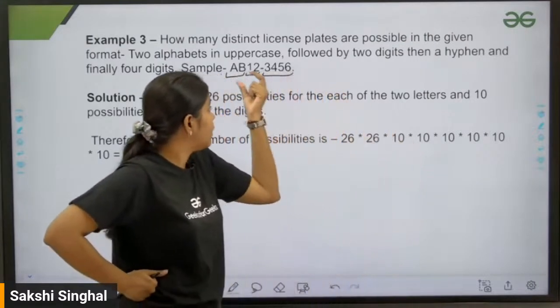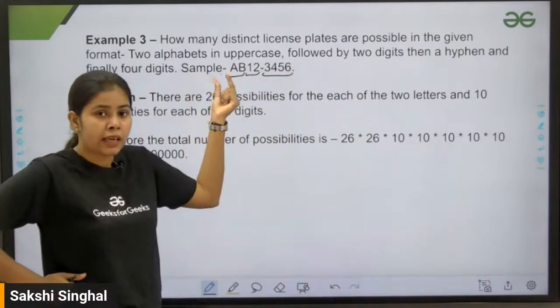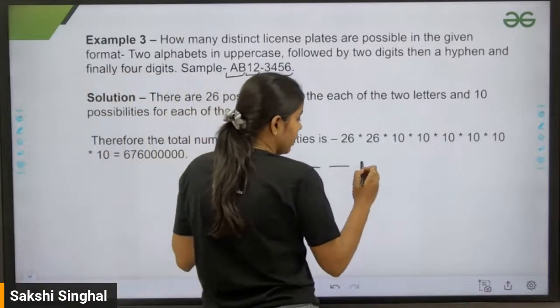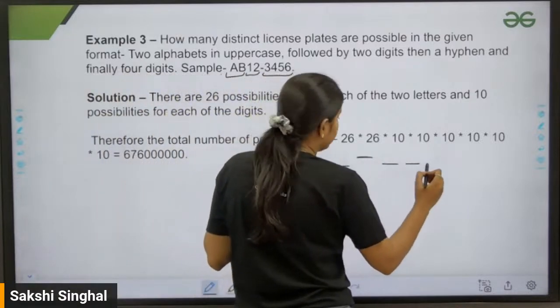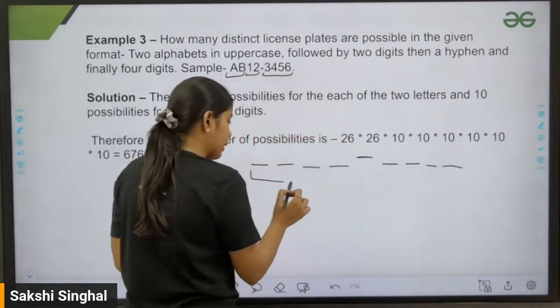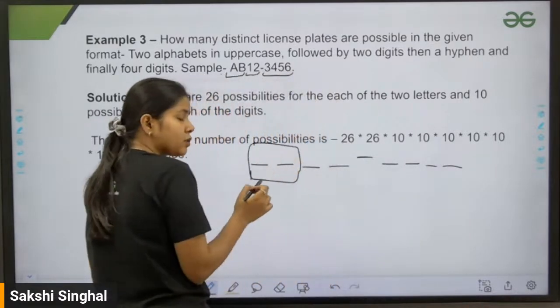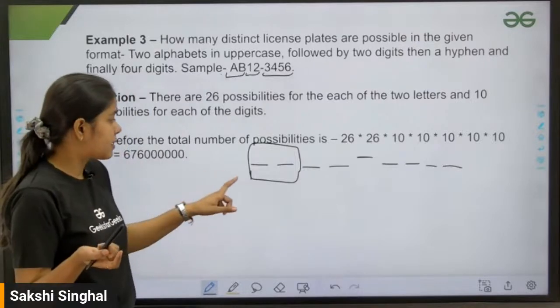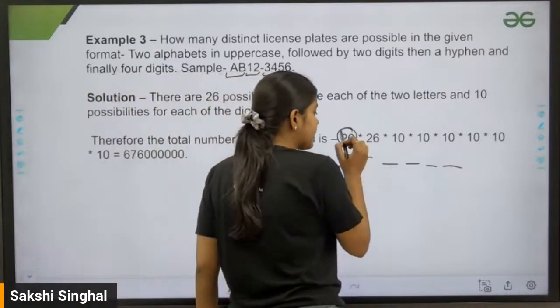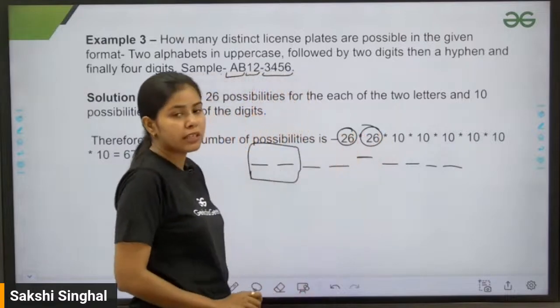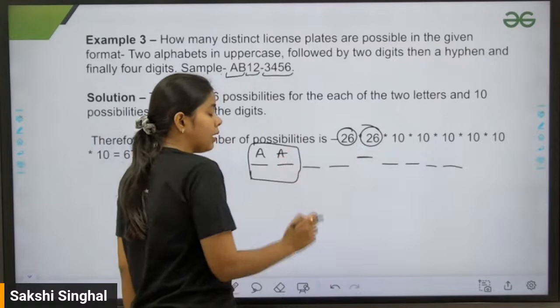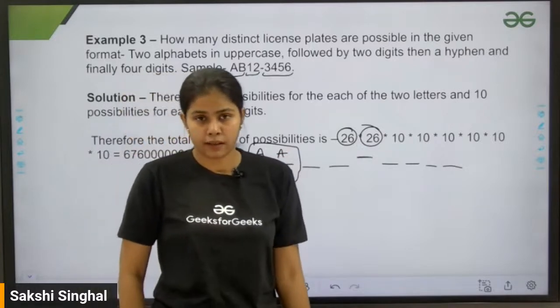So that means if A is for the first place, let's say 1 2 3 4, and then hyphen 1 2 3 4, these two will be letters. Because these two will be letters, how many letters do we have in the English alphabet? We have 26 letters. So for the first position we have 26, and for the second position we have 26 as well,